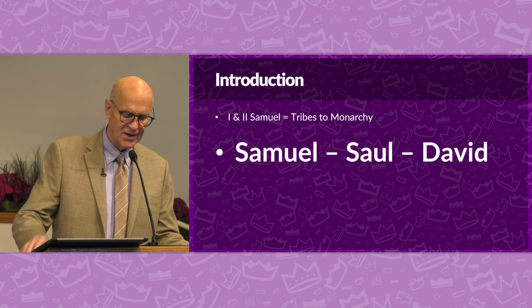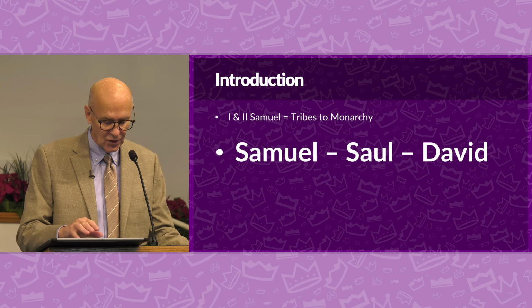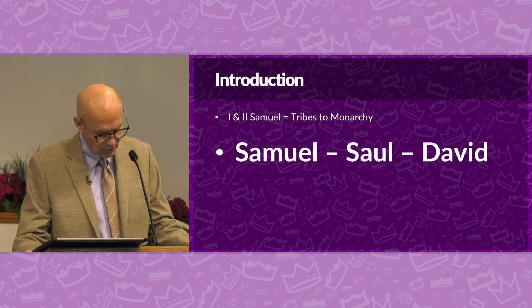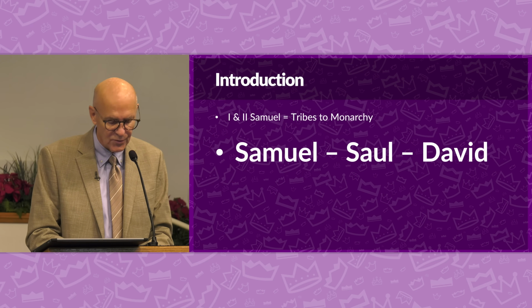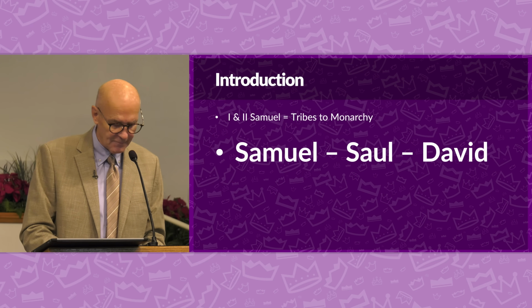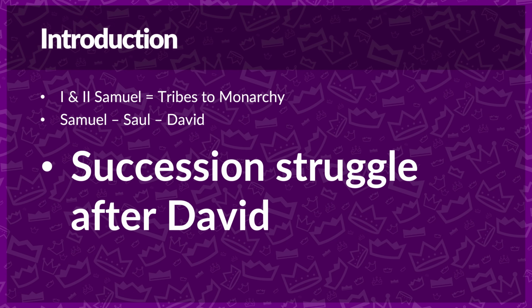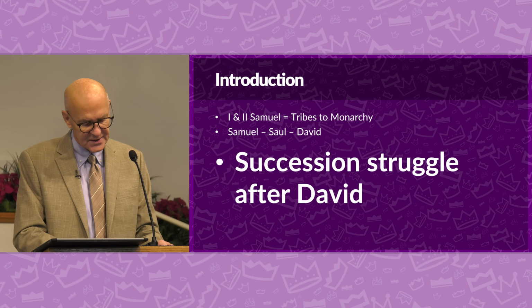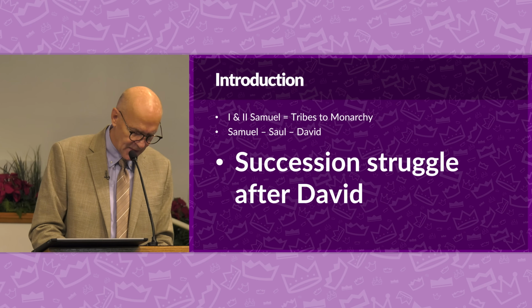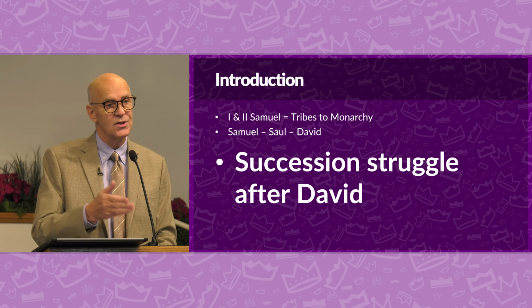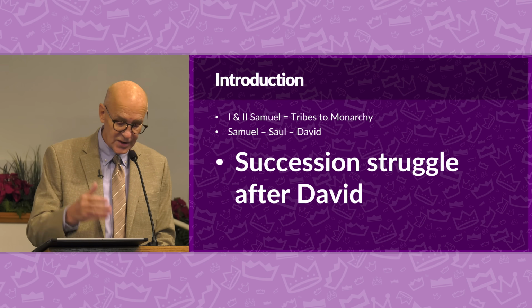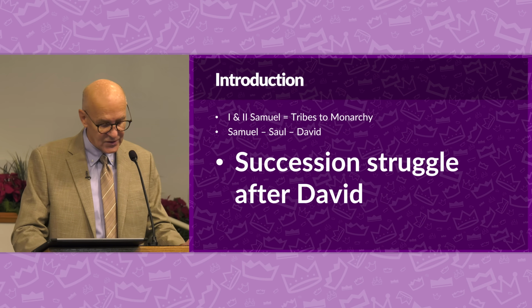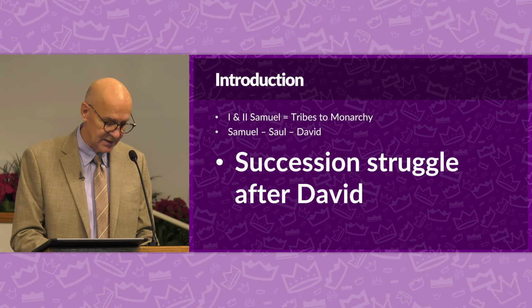Samuel serves as the last judge and the anointer of kings, while Saul's tragic reign and David's complex legacy shape Israel's early monarchy. The book of 2 Samuel closes with the reign of David, and we see both his triumphs and his personal failures, and also setting the stage for the next generation of rulers. This natural progression leads us into the books that we'll study now, 1st and 2nd Kings, where the focus shifts to the reign of David's successors.